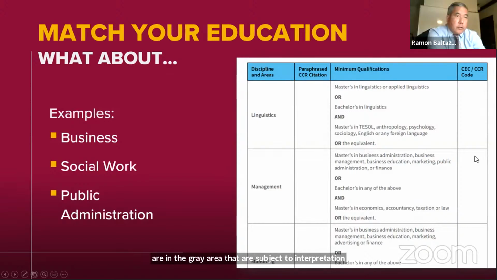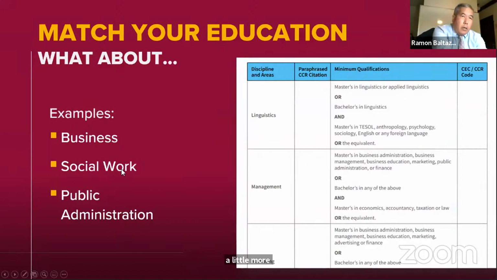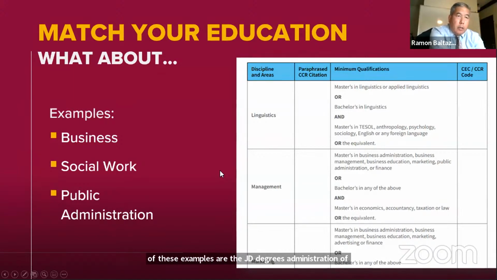All right, thank you, Rodger. There are definitely some areas that probably will need a little more explanation. Now, we require a master's degree. Some of these examples are the JD degrees, Administration of Justice, where you're only required a number of experience. If you look at the table, okay,